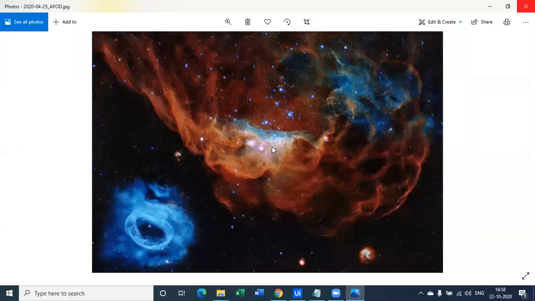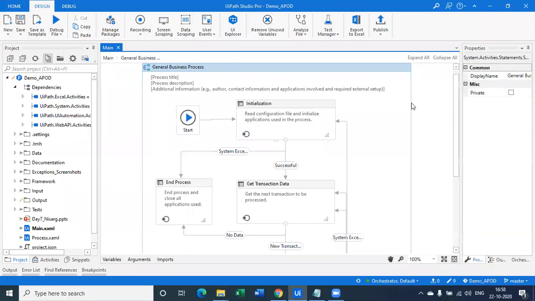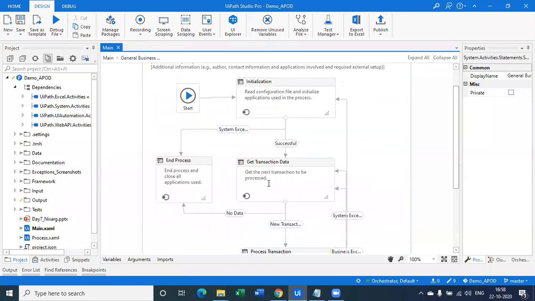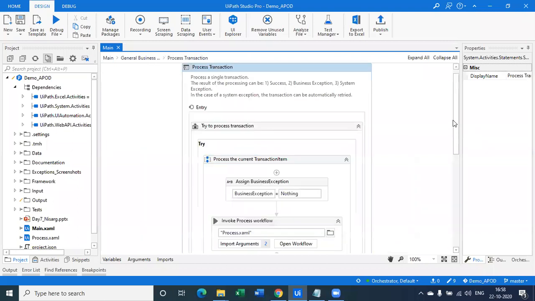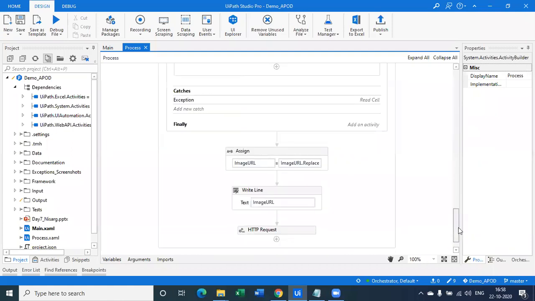Isn't this wonderful? So we are using RE framework, and I was able to explain you the code within only 20 minutes of how can you use RE framework to write such a beautiful code where you don't even have to handle the exceptions because those are being handled. Don't even have to handle all the logic of the workflow because the flow is already defined. You just need to make sure that what you give as an input, you write it in initialization. Get transaction data will handle the part of giving one by one each transaction to process, and then process transaction will go ahead and process each and every transaction further as you define and complete the workflow.